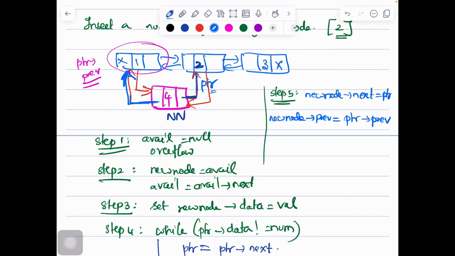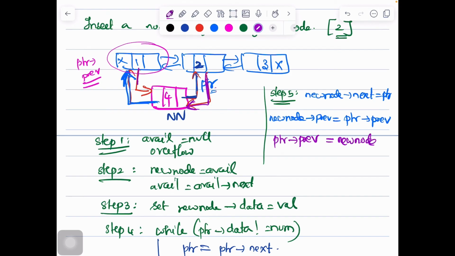Got it? Fine. So this connection is established. Now we have to write down this other connection. What is this? This is PTR's previous. Now I connect it with whom? The new node. Yes.